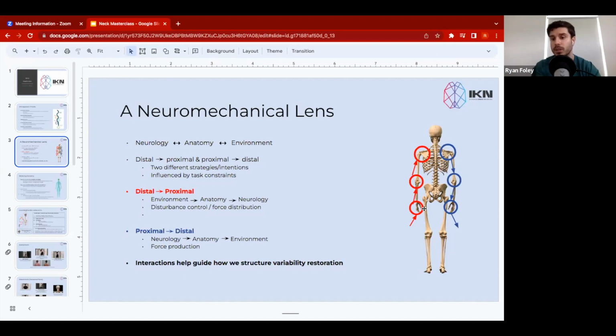Okay, because you can imagine if you had a humerus that was segmented like your spine, for example, and a radius and ulna that was segmented like your spine, that would be a very difficult upper limb to control because there would be lots of joint angle changes, which means there would be lots of muscle length changes, which means the nervous system would be bombarded with sensory information, and it would be very difficult for the nervous system to coordinate appropriate muscle activity to control movements of the upper limb in terms of how it manages forces from the